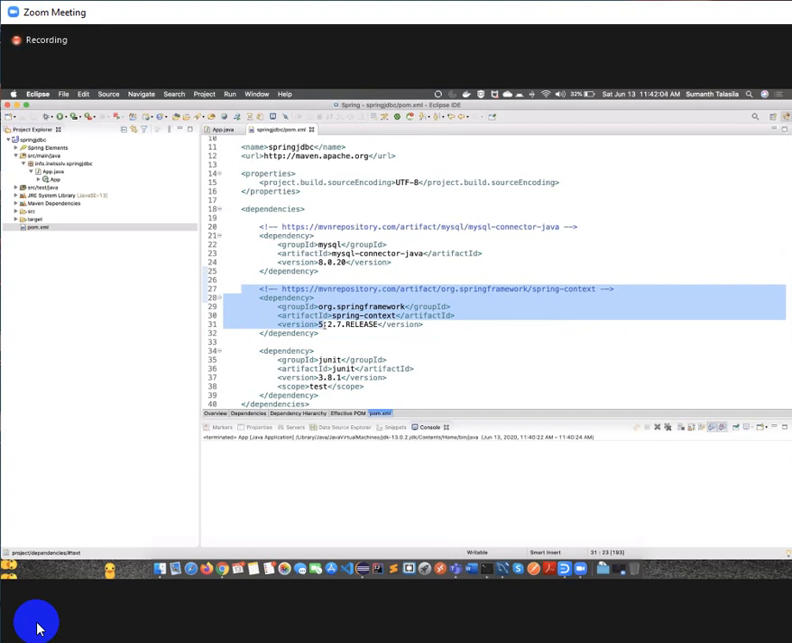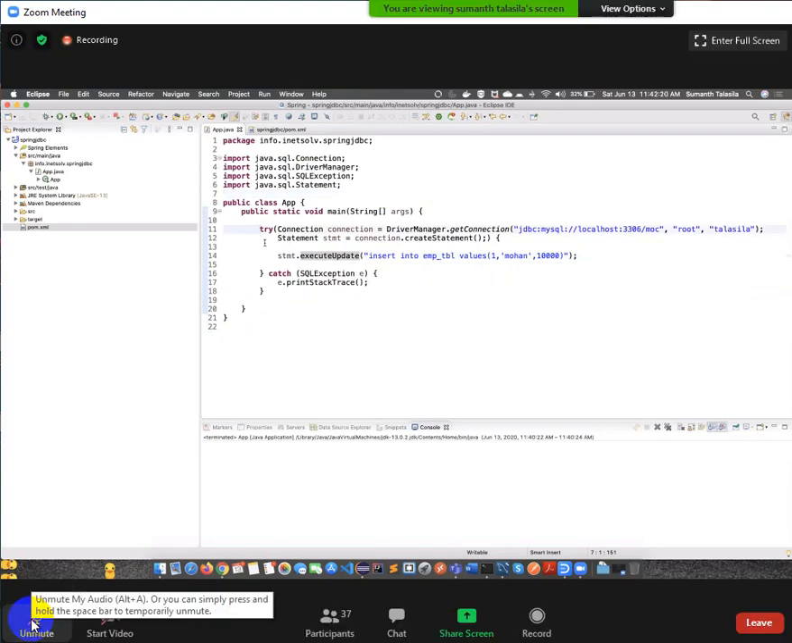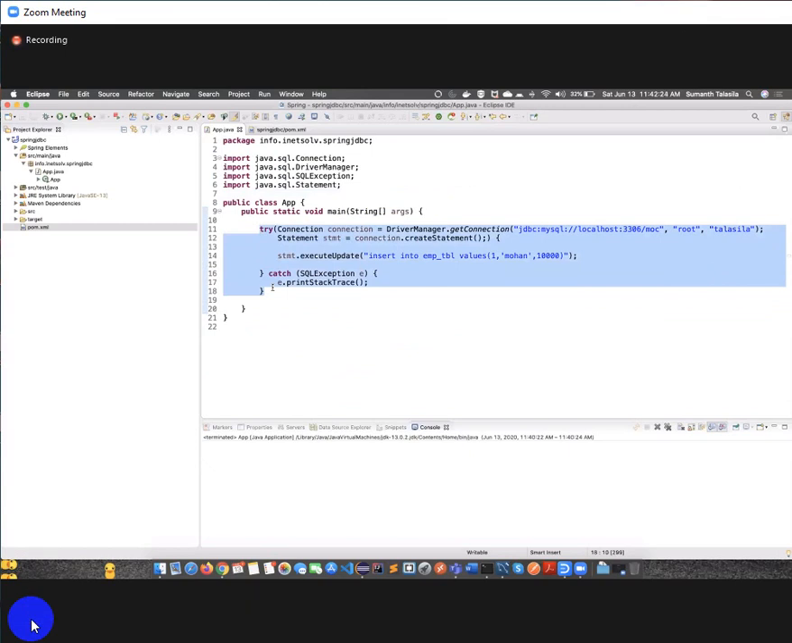So now tell me, by using pure JDBC code, we are able to write one insert record and complete the discussion on inserting a record into the database here. But, okay, one simple example here. I know, by looking at this code, some of you may be confused. Sumant, I'm not happy with this code. Why you guys are not happy with this code is,